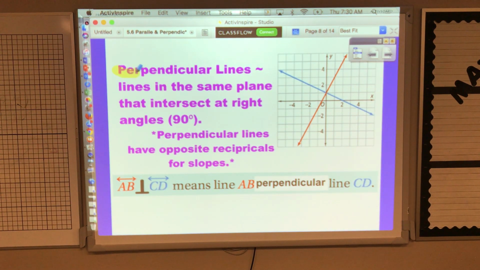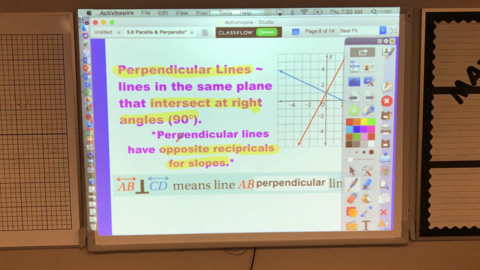Perpendicular lines are lines that are, again, in the same plane, the same space, that intersect at a right angle, which means 90 degrees. The thing you need to know about perpendicular lines is that their slopes are opposite reciprocals. What we mean by opposite is positive versus negative. And reciprocal, remember, is the flip of a fraction. So if I had 1/2, the reciprocal becomes 2 over 1,